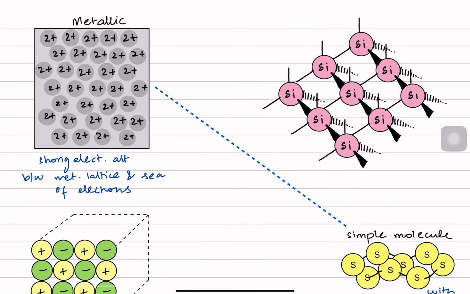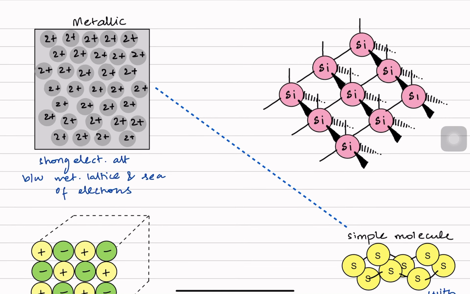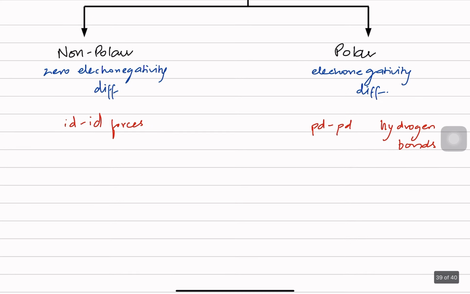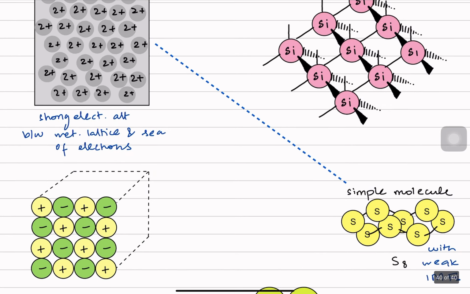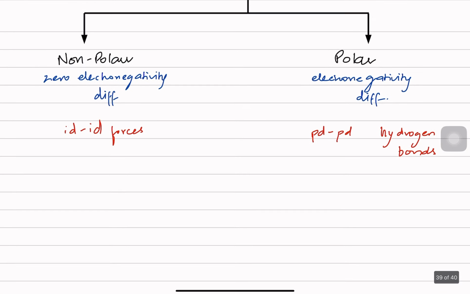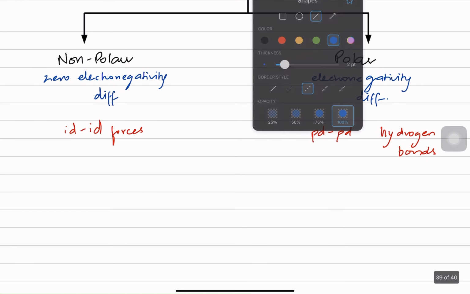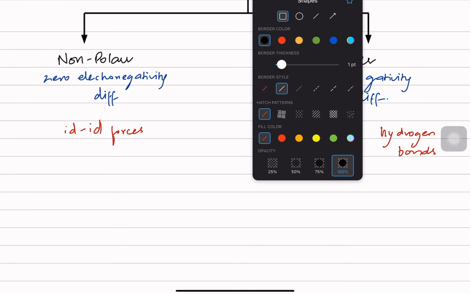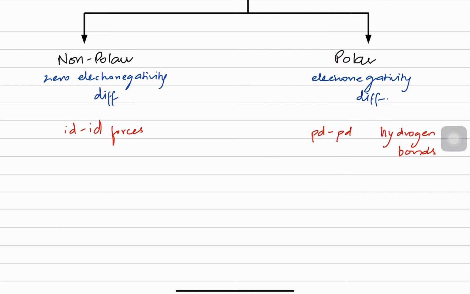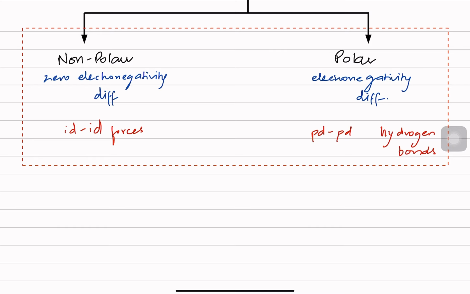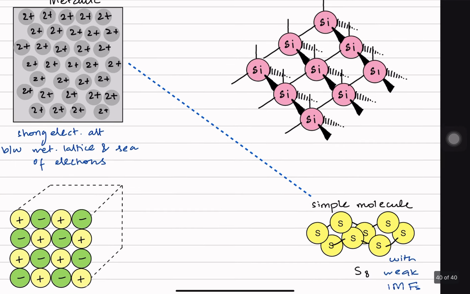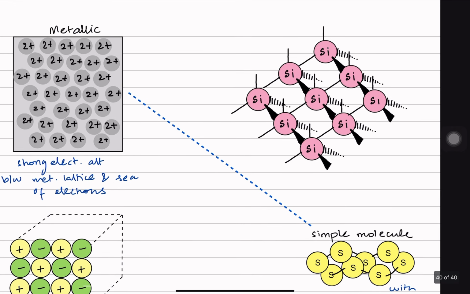Because when it's a comparison between a metallic lattice and a simple molecule, I don't have to talk about ID-ID or PD-PD forces, because those forces are just within those simple molecules, right? Those forces are just within simple molecules. So why should I talk about them when the other comparison is not even a simple molecule, it's a metallic? Similarly,